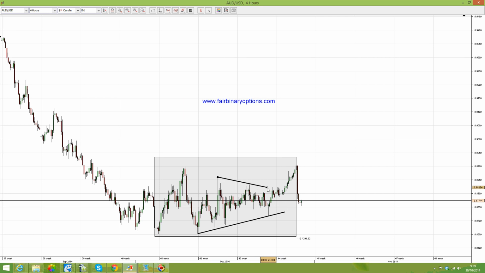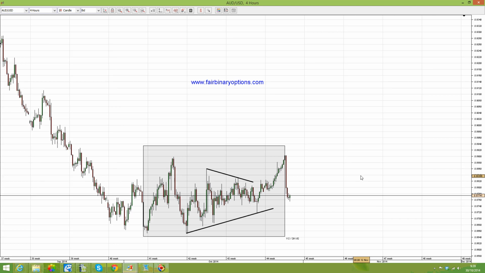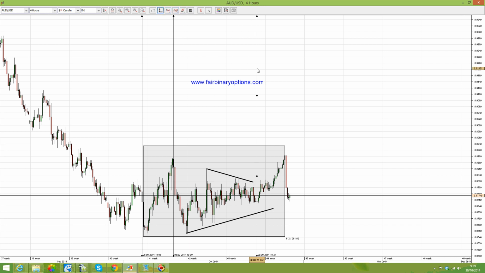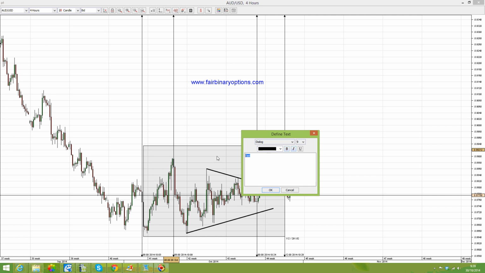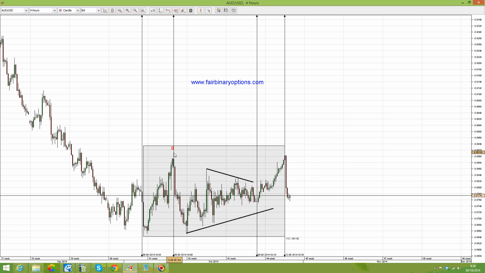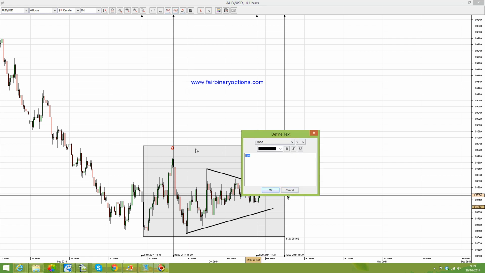Why? Because normally the time taken for the C wave should be almost equal to the time taken for wave A. Well, if you take two vertical lines and put them from here to here, this would be wave A, and then you take another one and measure the length of the C wave. As you can see, they are almost the same. It means that this should be labeled wave A, this should be labeled as a B wave at the end of this contracting triangle,